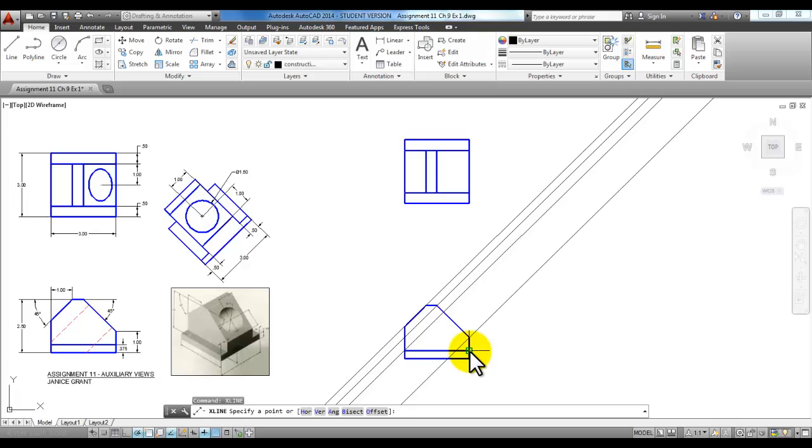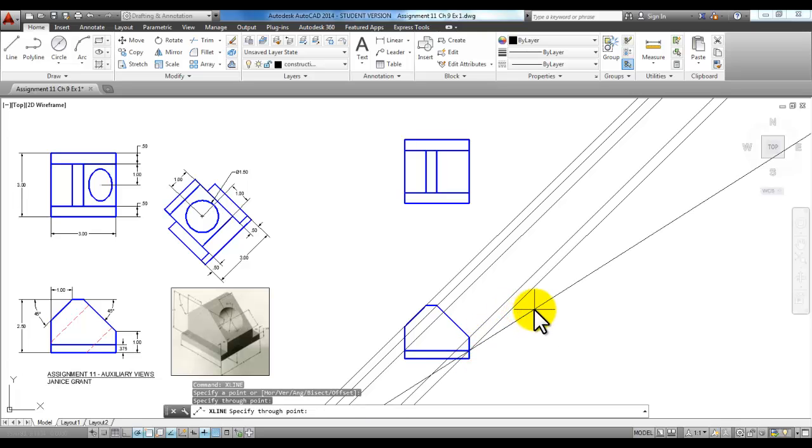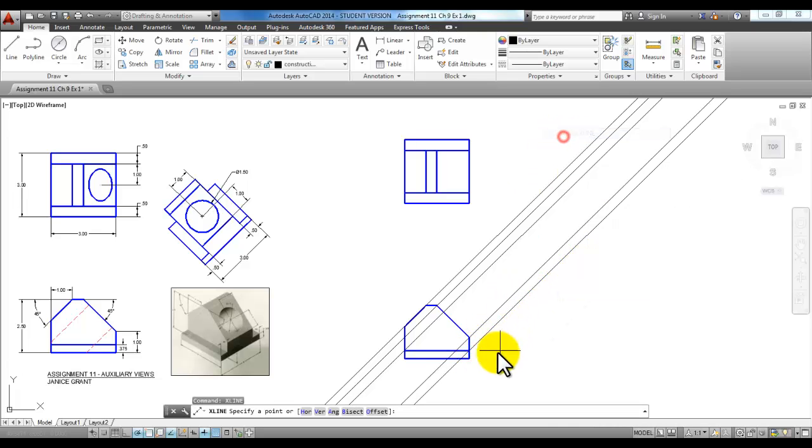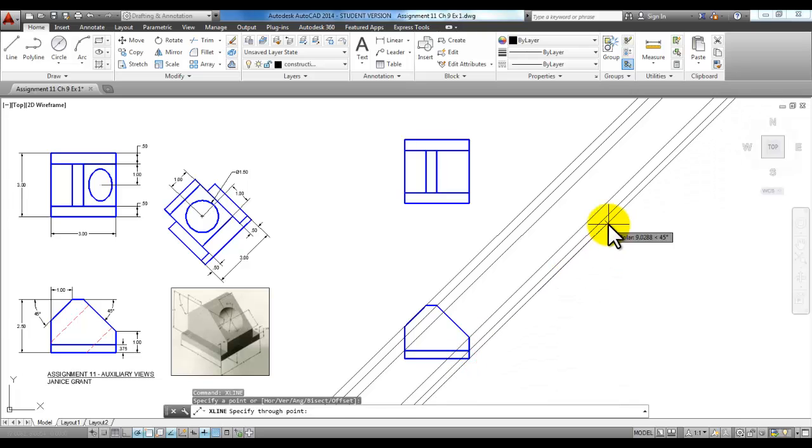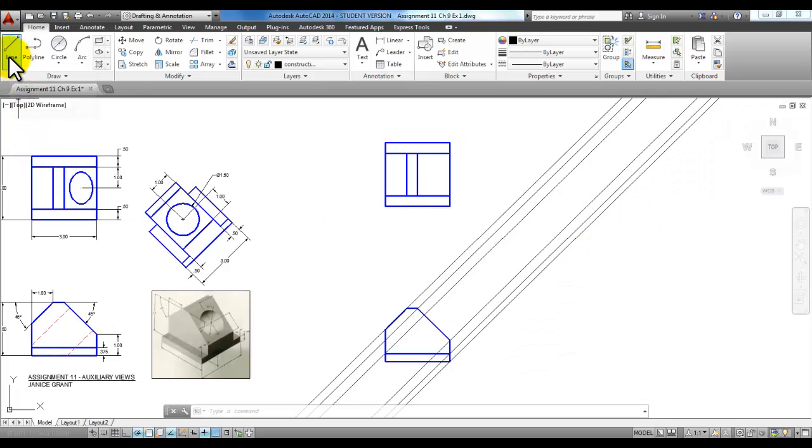And we have this bottom piece, and the very, very bottom piece here. Now I can start the line command, and as a choice you can actually start from this bottom corner of the top view and track over to your auxiliary view and click as kind of a guide to a starting